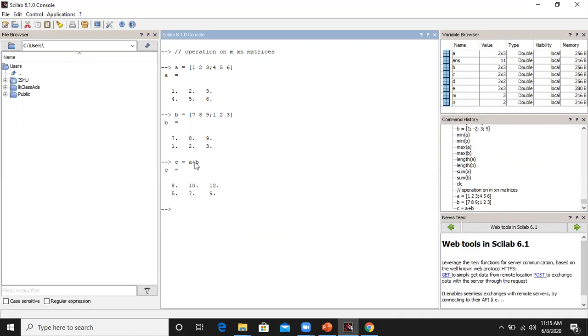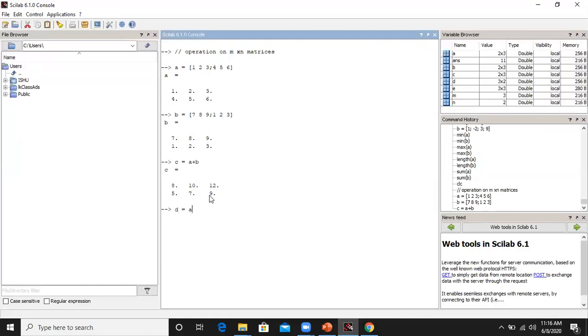So when we go for C equal to A plus B, the elements which are in the corresponding positions with respect to each other will be added. That means the first element in matrix A and the first element in matrix B will be added, and we get the result in C matrix. Then the second element is 4 in matrix A, the second element is 1 in matrix B, then 4 and 1 will be added and you will get 5. Then the third, fourth, fifth and sixth elements will give the answer in the same manner. We can also go for the subtraction of these matrices.